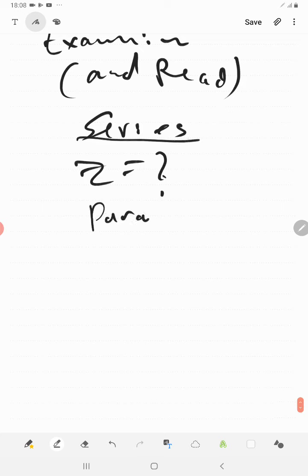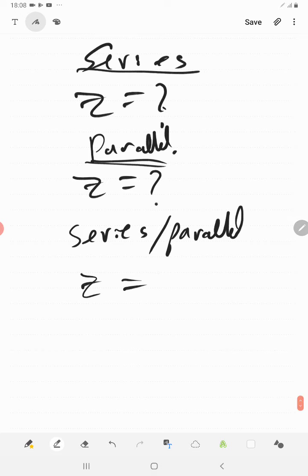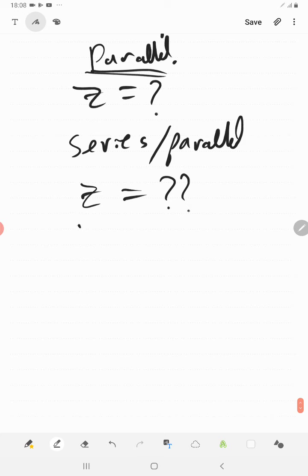Parallel, z equals what? Series parallel, z equals what? And also define